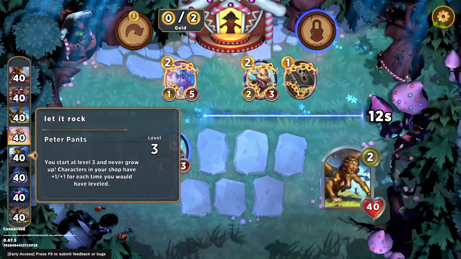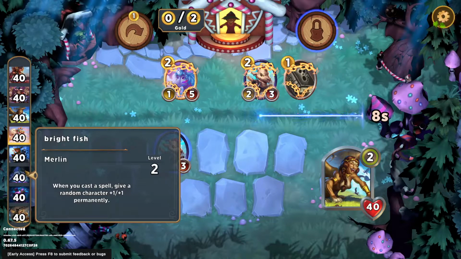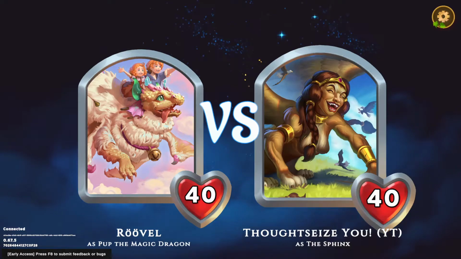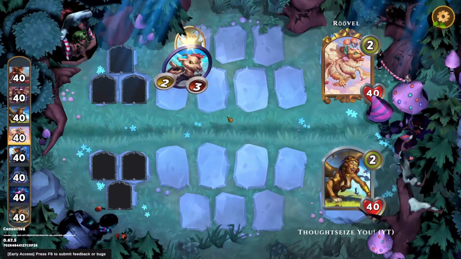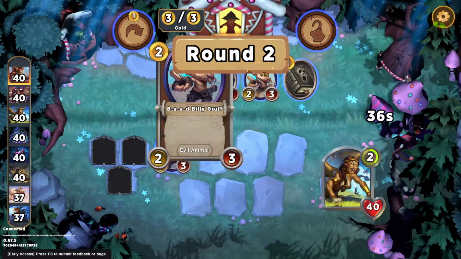Trophy Hunter is scary. Peter Pan is pretty scary. Merlin, despite being nerfed recently, is pretty scary. And Share Bear is pretty scary. Okay. Yeah, so they just grabbed a support and they lose this round. It's a pretty fine start for them, but it's great for us. Now we get to grab...